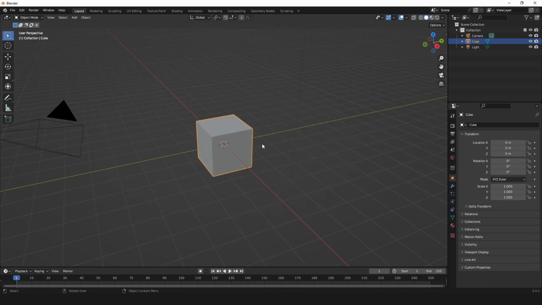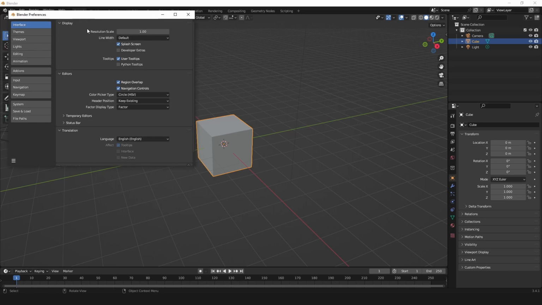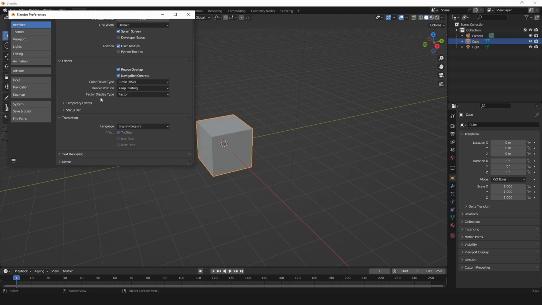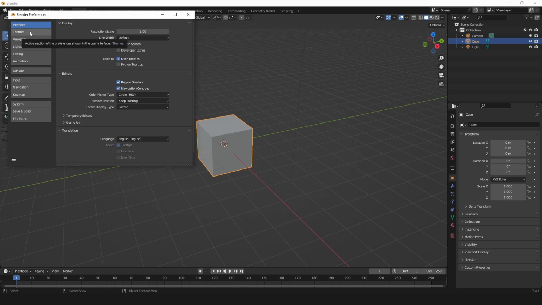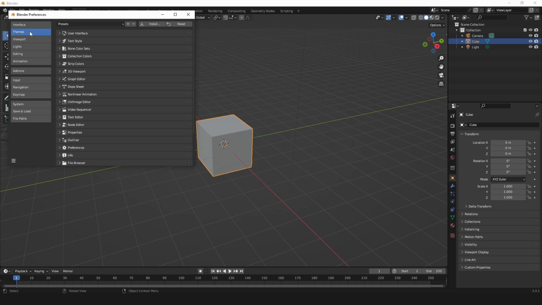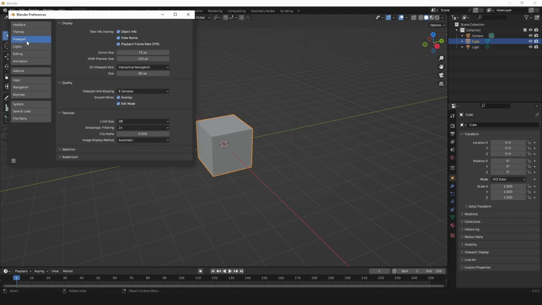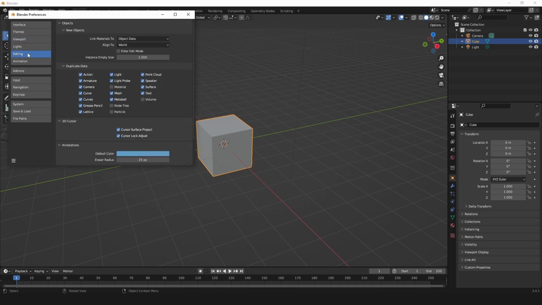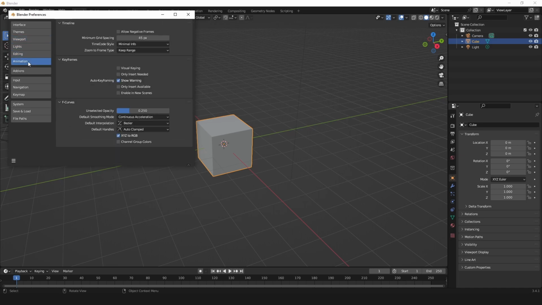So now, why not? I'm going to go into the edit and then the preferences, and we're going to go over a few things. Some of this is going to be good advice. Some of it is going to be exclusively just my preferences. So this first thing here, I'm all right with that. The themes, I'm going to get back to that in a second. Viewport, I'm okay with that. Lights, editing, animation,